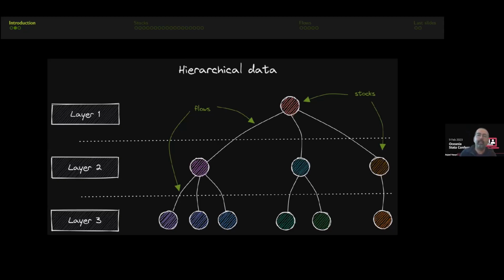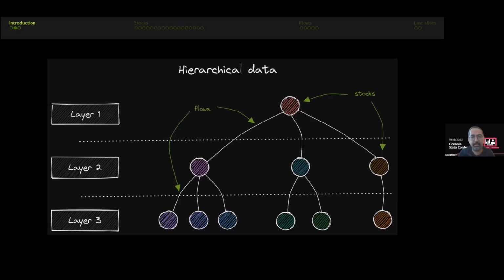Data usually comes in layers. So you have layers that are followed by subdivisions that are followed by sub-subdivisions. So there is a hierarchy between these. And in these hierarchies, you have both stocks and flows. And so given the nature of this data, you immediately can start thinking about all possible complex combinations that can come out of dealing with this structure. And this kind of data people use all the time, and it is also called multi-layer data sets or